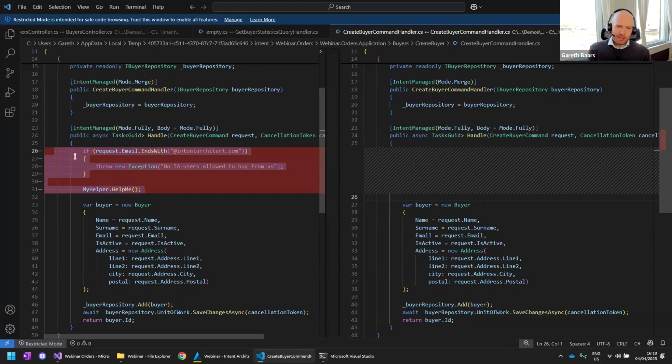Or at least try to separate out the fully automated code from the customizations, and we can use things like partial methods and partial classes and things like that. And that essentially convolutes our code base really, really quickly. I've been working in code generation pretty much my entire career.